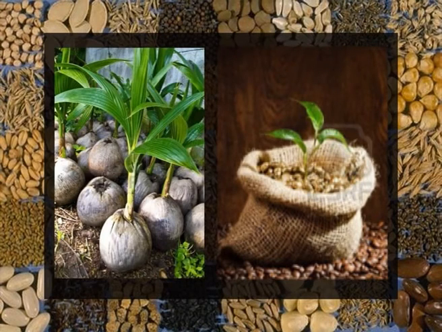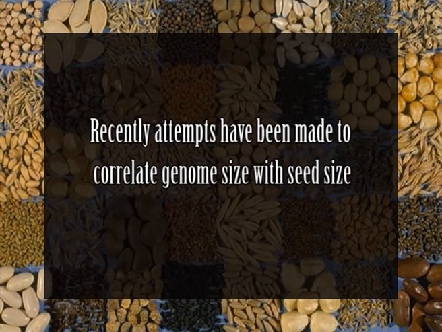In addition, large seeds cannot be physically borne on small plants because of the weight of the seed, which may partly explain the association between plant size and seed size, of course. Besides, the plant size and seed size correlation is that there are common genetic components that determine the seed size, plant size and the size of the other plant organs. And recently, attempts have been made to correlate genome size with the seed size.